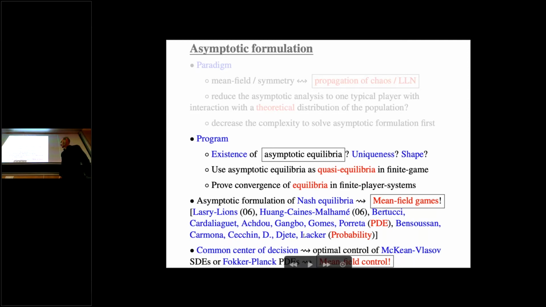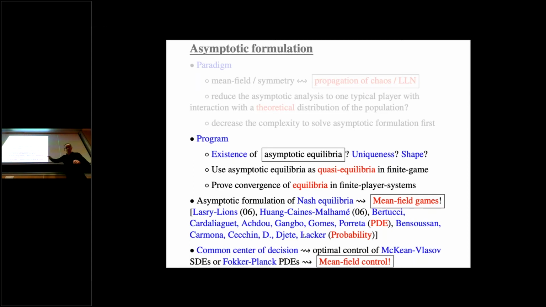And I have to say that one very productive researcher was, or is, Daniel Lacker in New York, and he was a former student of René Carmona. Since his PhD, he has been doing a lot in the theory, and certainly he did some surveys as well on his own works, and I really encourage you to have a look at what he did if you want to enter the theory. This is absolutely nice. So this is for mean-field games.